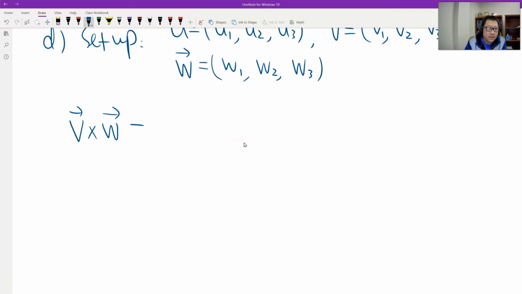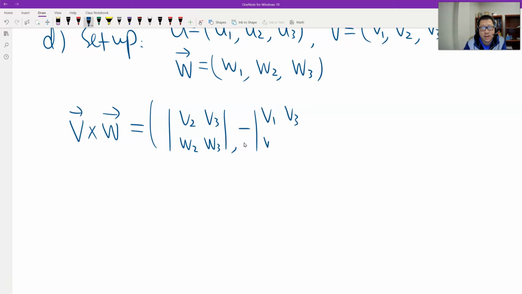The definition is this. You know the definition. So we don't have V1, so V2, V3, W2, W3. First, the negative: V1, V3, W1, W3. And then the third component is V1, V2, W1,